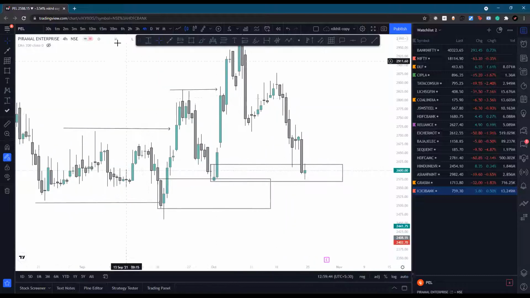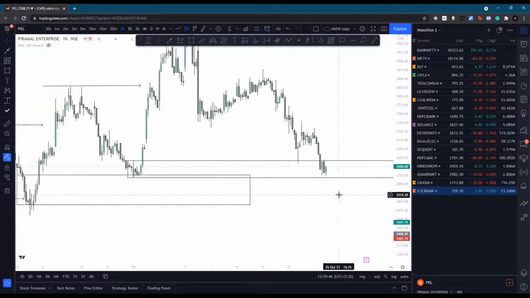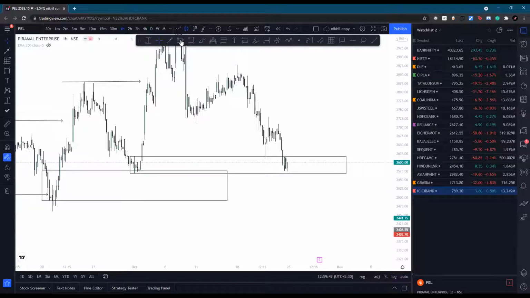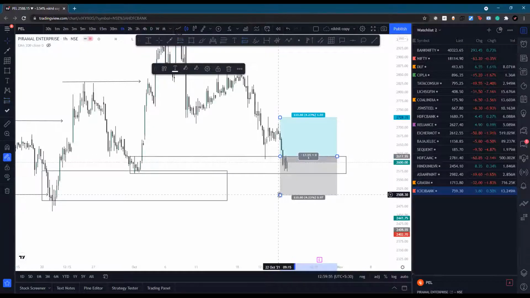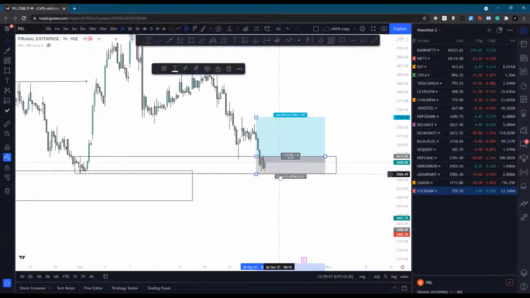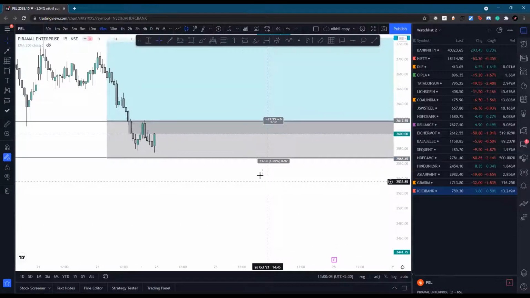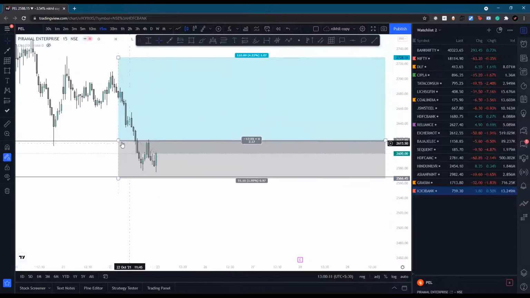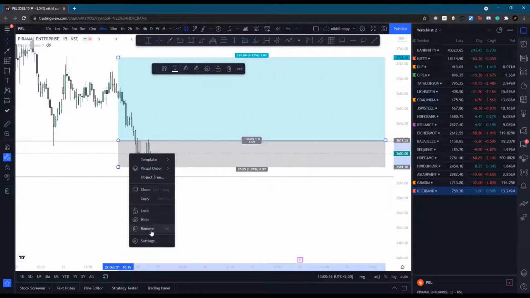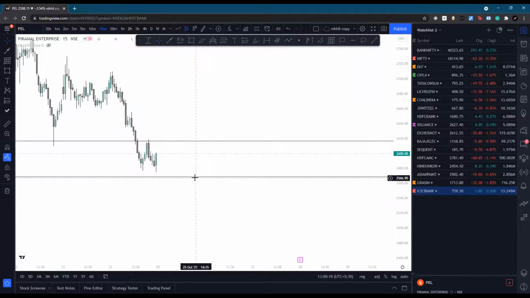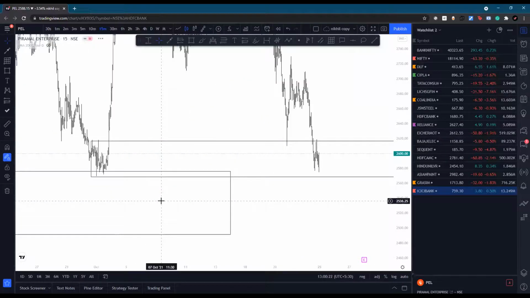So this is a 4 hour order block level, and we can look for entries at this price. Stop loss will be below. So this is a slightly larger stop loss, almost 2%. Look on the 15 minute time frame, and then on the lower time frame we'll look for entries just to filter out that noise, just to make our stop loss even a little bit smaller. Okay, why not?